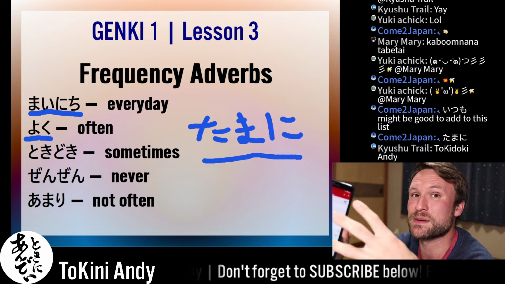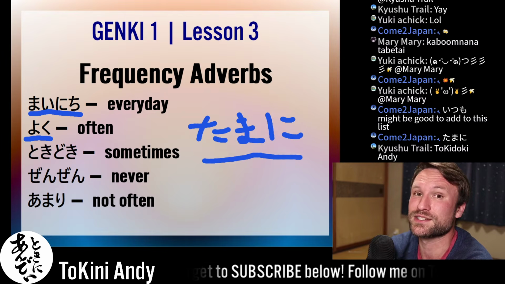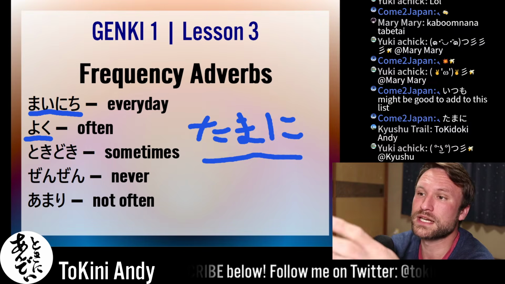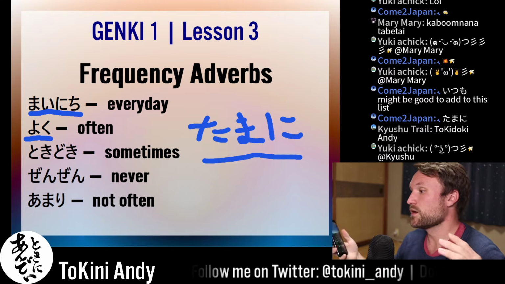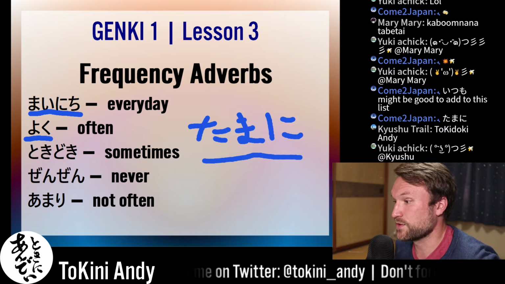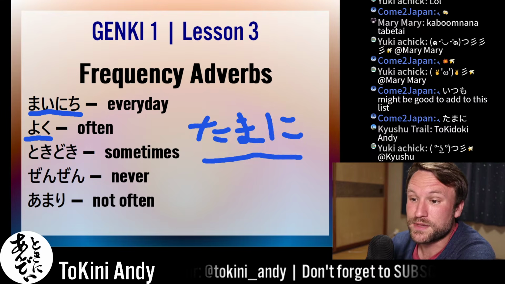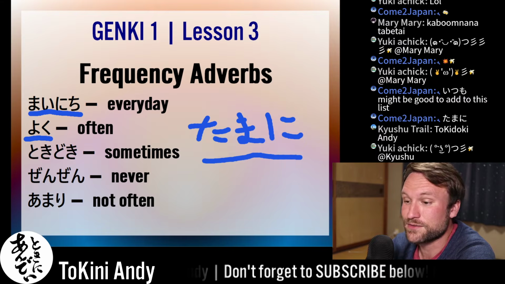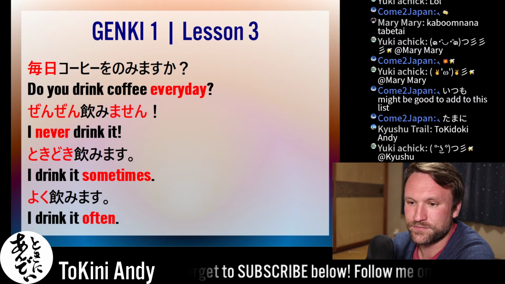Anyway, this dictionary is actually better for searching backwards. So typing in the Japanese and then seeing what the English is, it's really, really good at that. So this is good even if you're learning English and you're a Japanese speaker. Searching in English is a little bit more finicky, but I found it to be really useful. It's called Japanese. What kind of dictionaries do you guys use? I know some of you must be using them. But anyway, you can look up these adverbs in there. So please tell us in the chat or in the comments below if you're watching this later what dictionaries you like to use with Japanese.